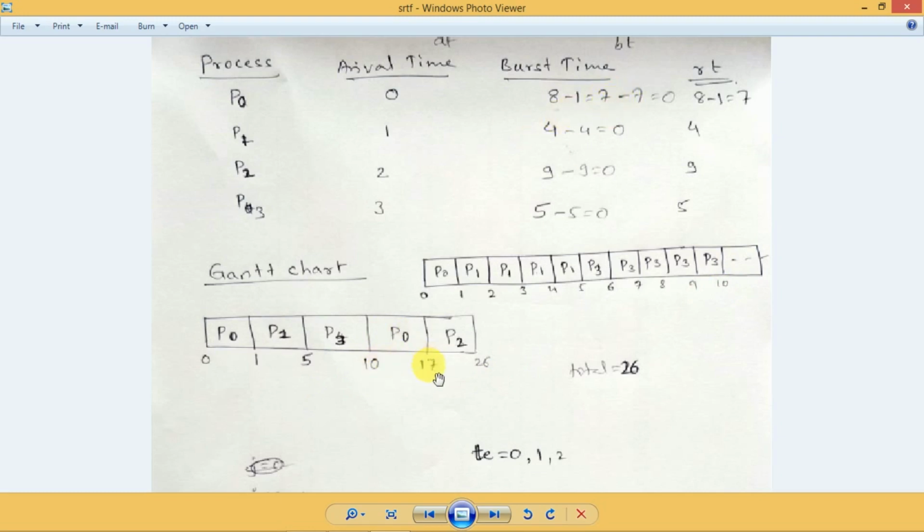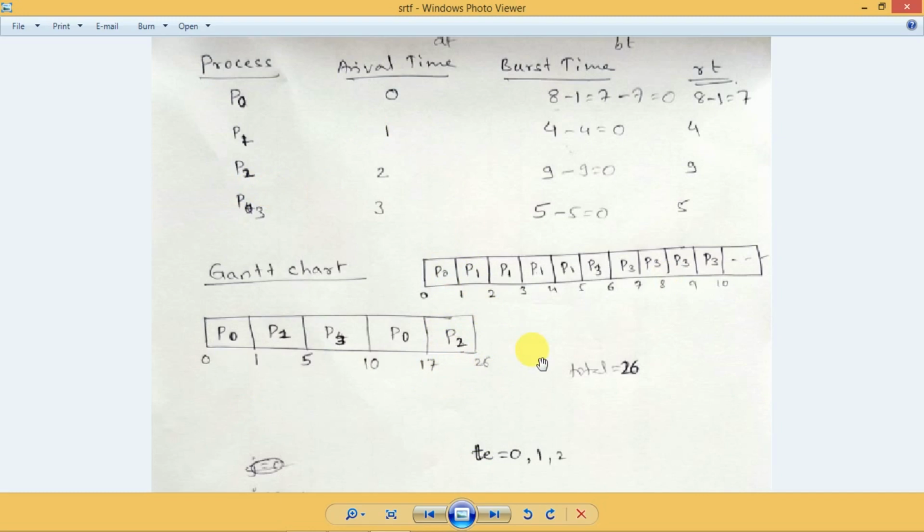So from 10 to 17 the P0 will be executed, and after that the remaining time for the next process is 9 for P2. So P2 will be allowed for execution for 9 milliseconds, that is 17 to 26. In this way the shortest remaining time scheduling algorithm will work.